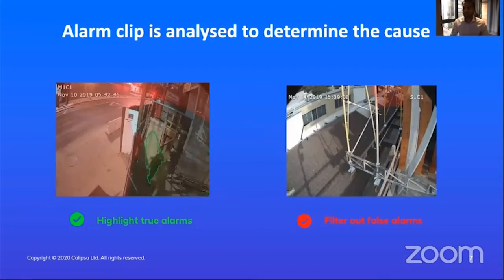Clip number 1 on the left, you can see a moving person that's picked up by Calipsa, and we have a nice green outline that assists the operator in spotting the incident. Clip number 2 on the right, you can see some kind of a shadow. This triggers the camera motion detection or camera analytics to send an alarm, but Calipsa is successfully able to filter